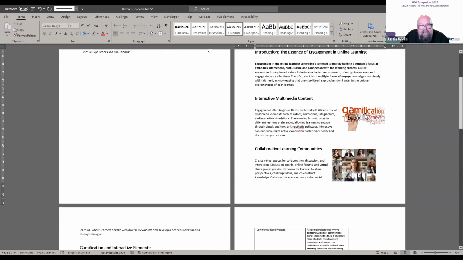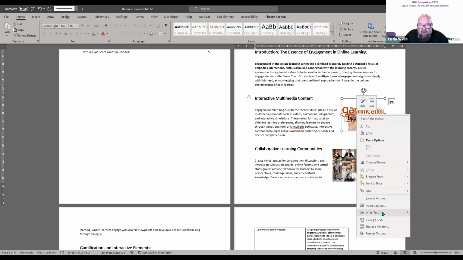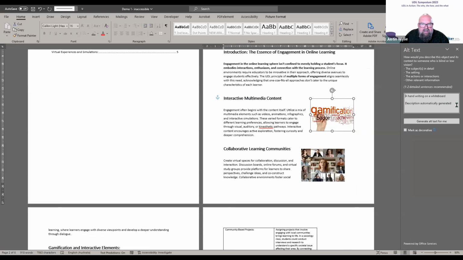Okay, so I'm coming down here and I'm going to look at this image, and I'm going to check if it's got a text alternative, because again, people with screen readers and braille readers won't be able to get the context of that image in place. So if I right click and I go view alt text, I can see here that there's one that's been automatically generated, and Word does go through and do that for you, but it's not very effective and doesn't really apply to the context. So I'm going to change that to